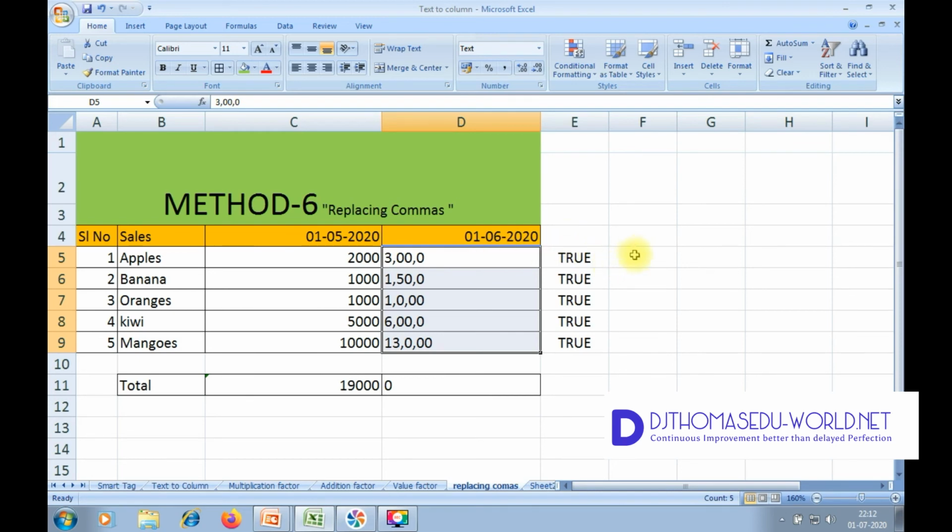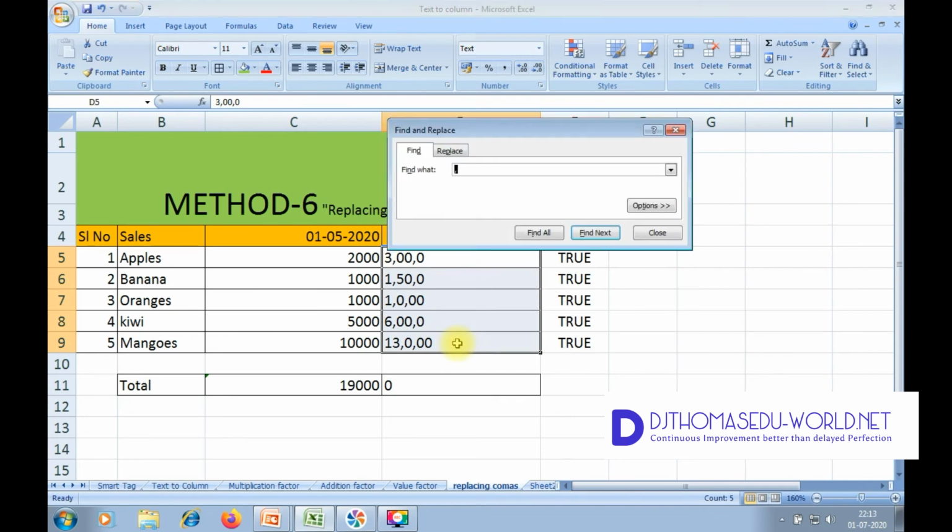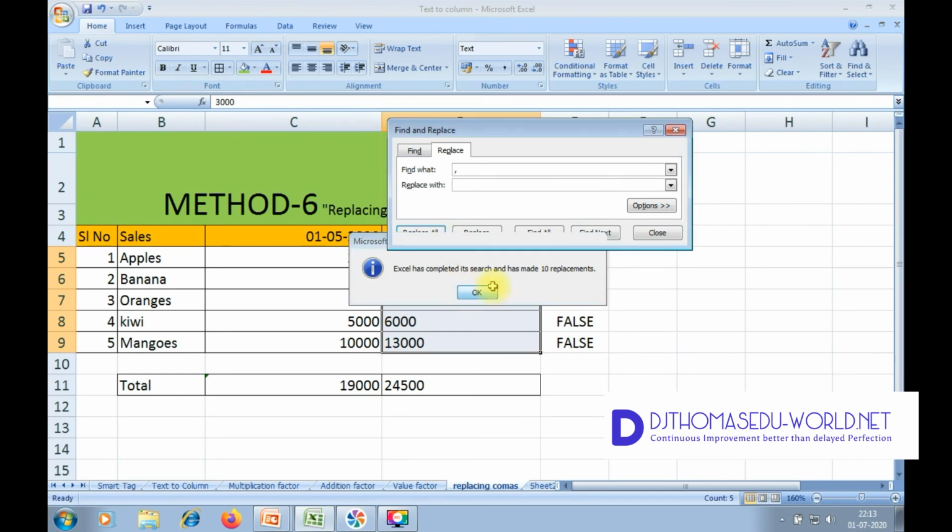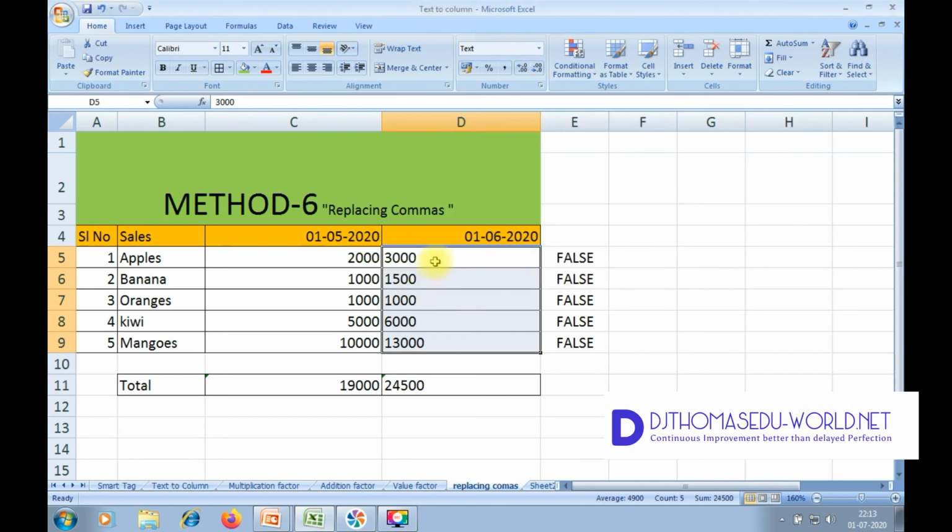To change this to a number format, select the cells and press Ctrl F. We get the Find and Replace window open. In Find what, enter a comma, go for Replace, make sure nothing is typed and give Replace All. All the values are converted from text to number and the condition is false. It has also calculated the addition for the active cell D.